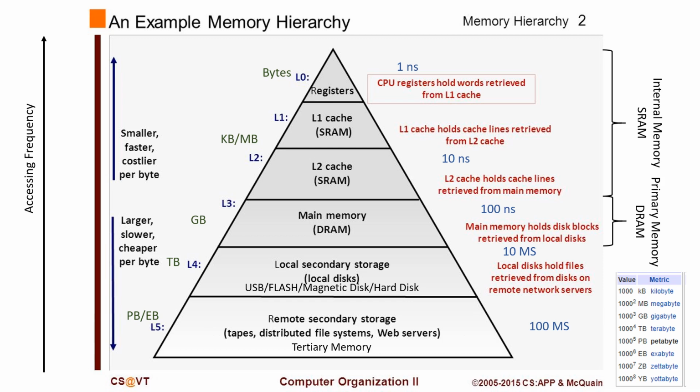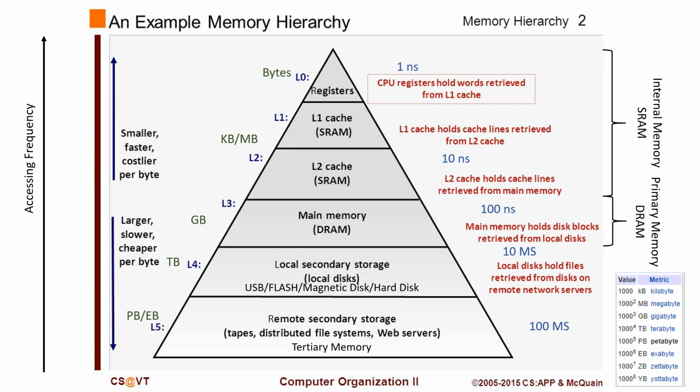After that, cache memory, then primary memory followed by secondary memory. So tertiary memory is the slowest and registers are fastest. So as you go down from registers to tertiary memory, the size and access time increases but the cost decreases. The average access time for tertiary memory is around 100 milliseconds, hard disk 10 milliseconds, USB requires microseconds, main memory requires 100 nanoseconds, cache memory requires around 10 nanoseconds, and registers require 1 nanosecond or some fractions of nanoseconds.